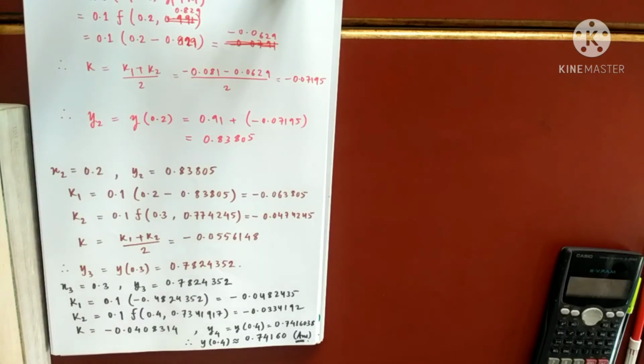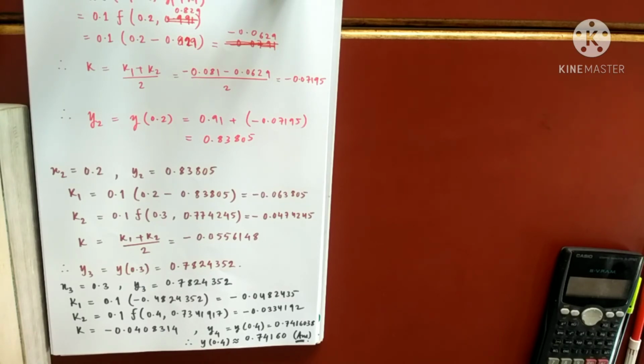Okay. So few things to note: smaller the value of h, more number of iterations and hence better answer. If you take a big value of h, the answer will be not that precise. The smaller the value of h, better is your answer, but the number of iterations will be more.